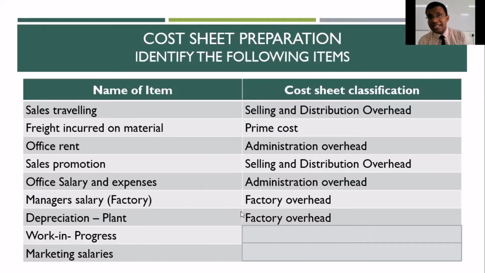This is again an indirect expense that you have as a part of your factory. So it is a factory overhead. Work in progress, I gave this here on purpose. However, this I would be discussing in detail. Work in progress is something which is not a raw material, neither is it a finished good. So it has gone through a certain level of production, but it's not complete as yet. Neither can you club it as a part of your raw material because the process has already started, and however, you cannot call it a finished good. So you will have to club all your work in progress as a part of your factory overheads.